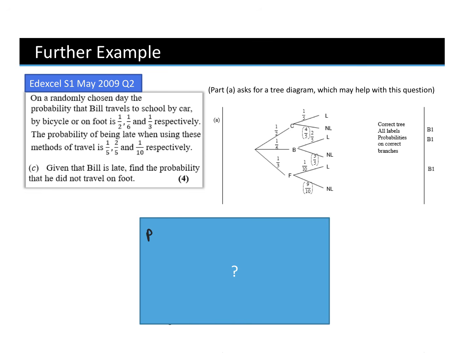So we're finding the probability that he didn't travel on foot given he is late. So that's foot not given that he is late. Now we know this is the same as the probability of not on foot intersection the probability of being late over the probability of being late. So this is going to be probability of him not being on foot is 1/6 and then being late times 2/5 plus the probability of still not being on foot